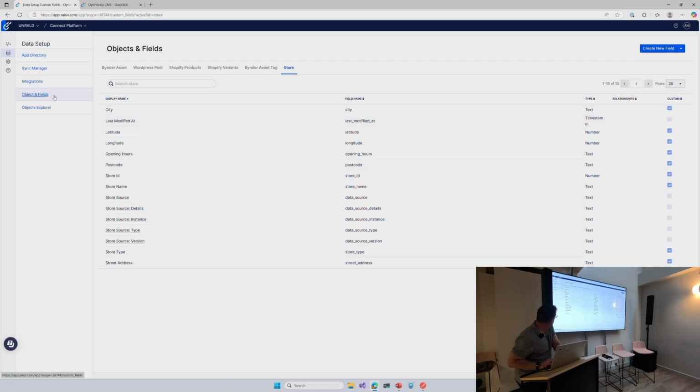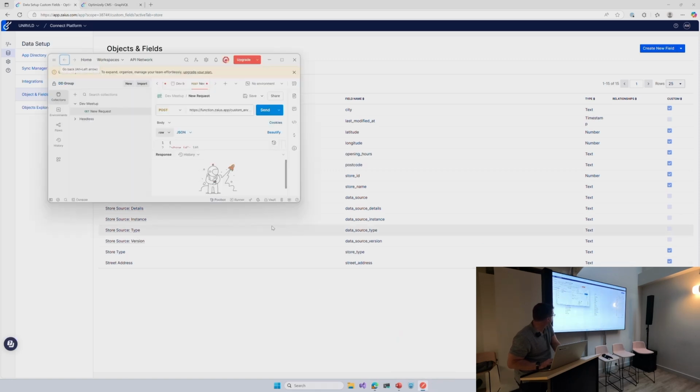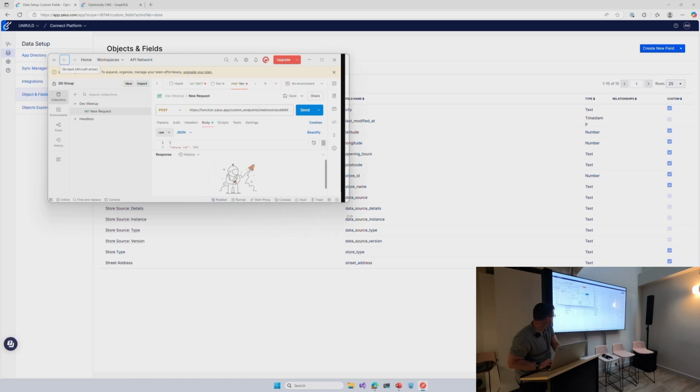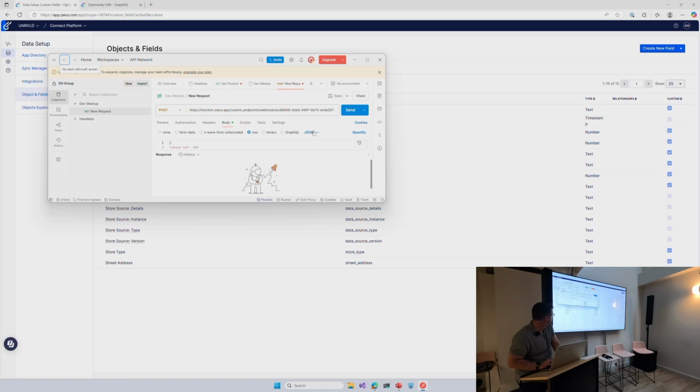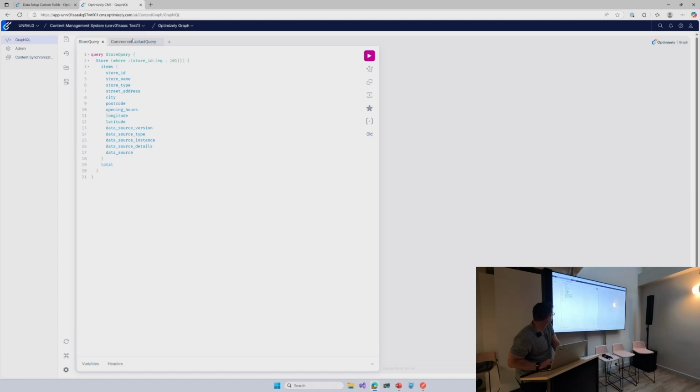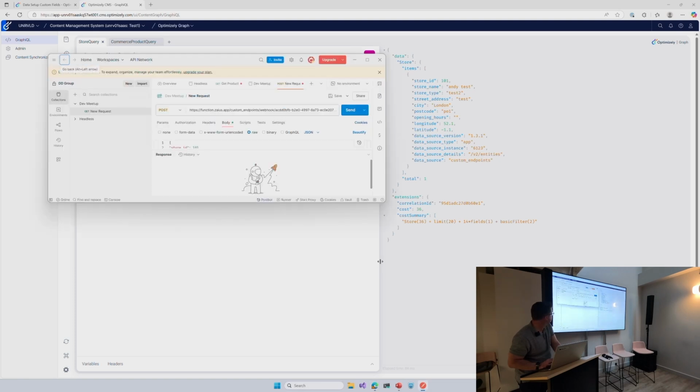If I go down here, okay, I've got my Azure function. Before I do that, if I go here and run my query, then you can see the data. This is the data in Content Graph. If I go back here and go to the form data,